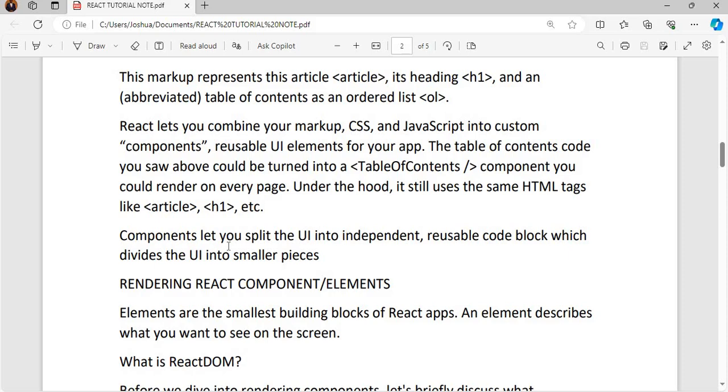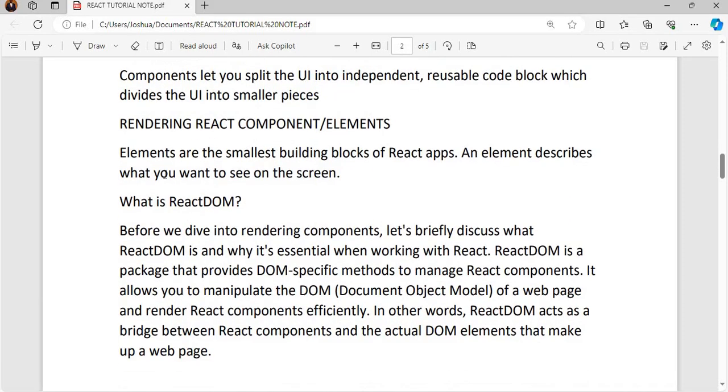So how do we now render the React component or the React element that we have created? Here it says that elements are the smallest building blocks of a React app. An element describes what you want to see on the screen. So before